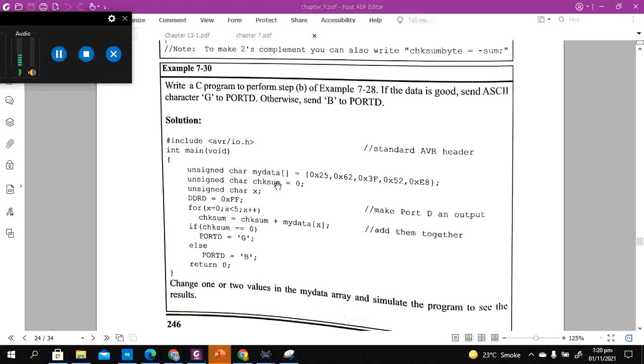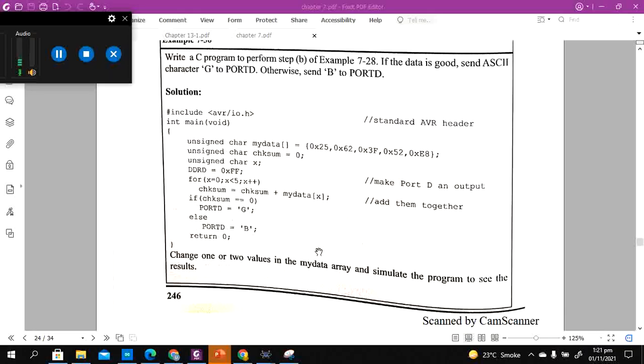In this program, the checksum is calculated, and if the checksum becomes 0, it shows that the data is good. If for some reason some data is not correct, the checksum is going to have a 1 here, and this will show the data is false. This is a technique used to validate the integrity of data read from any type of memory or any stored data, which is first checked for its integrity.